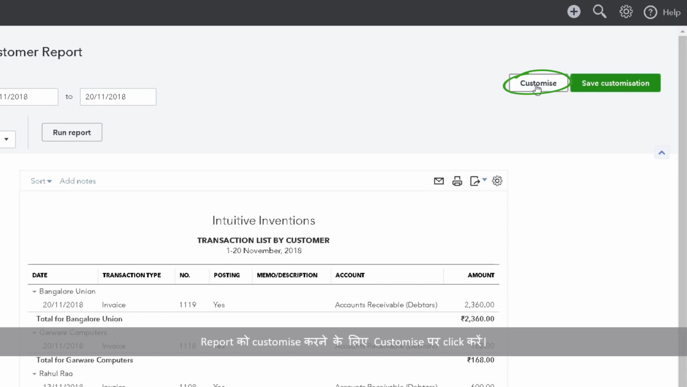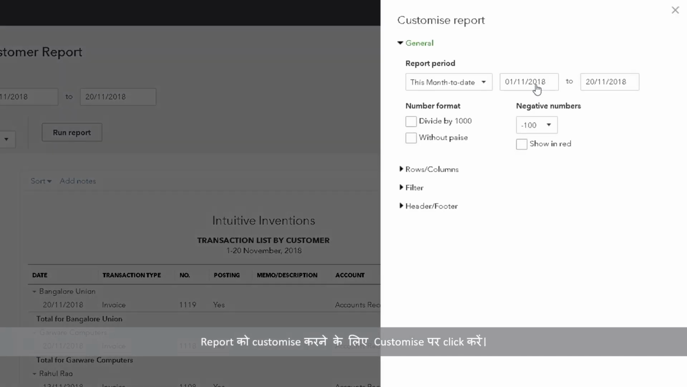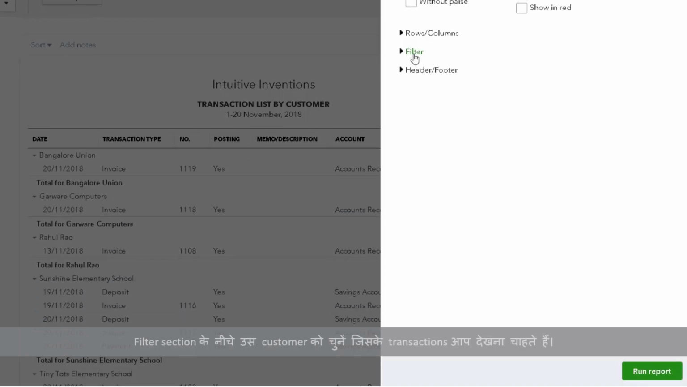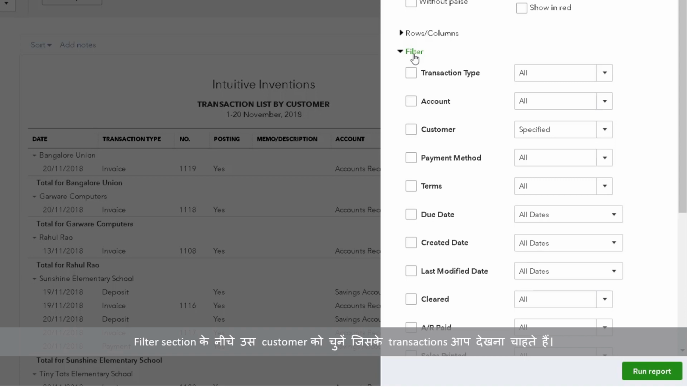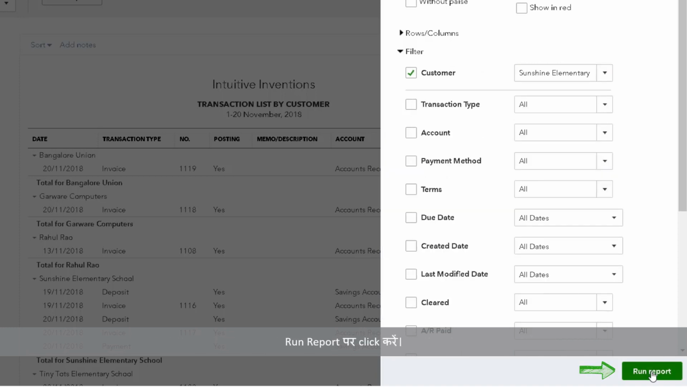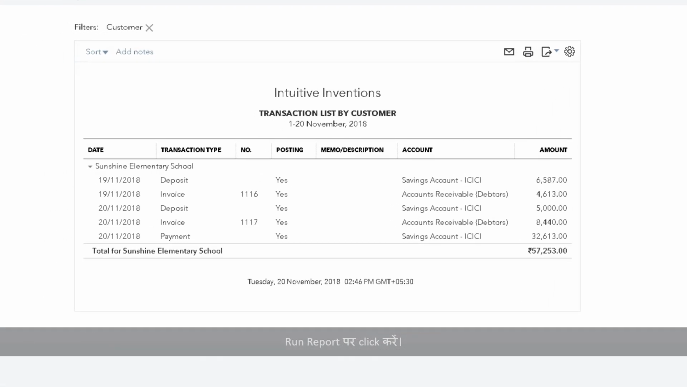Click on Customize to customize the report. Under the General section, select the period for which you need the report to be generated. Under the Filter section, specify the customer whose transactions you wish to view. Click Run Report. You will now see the list of all the transactions with that particular customer for the specified